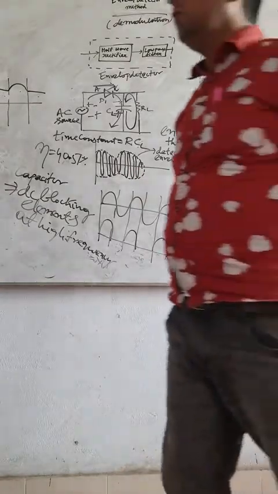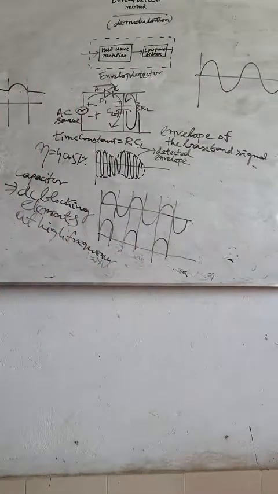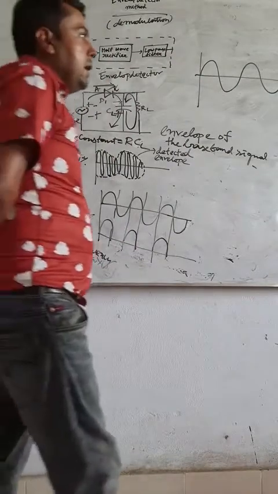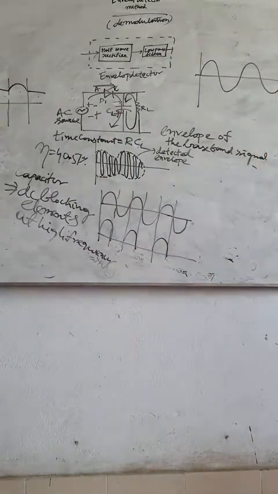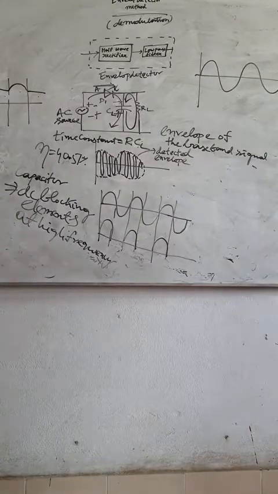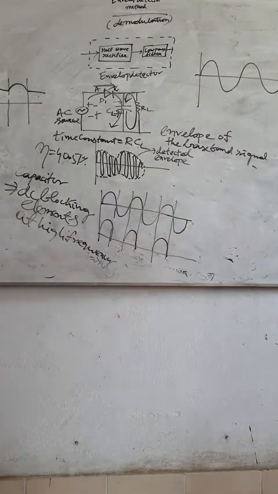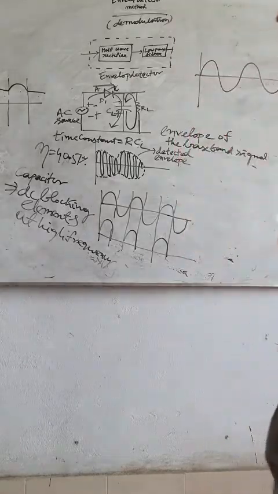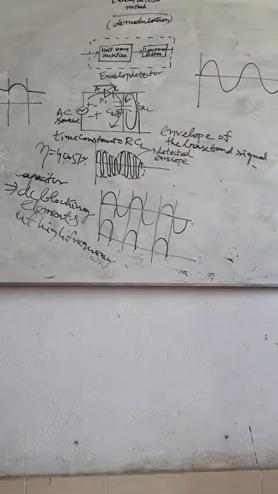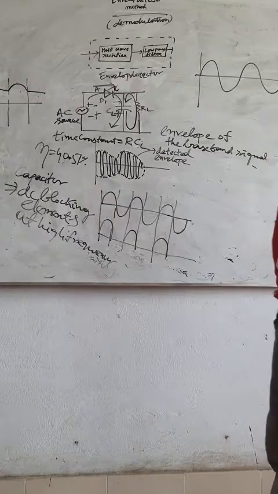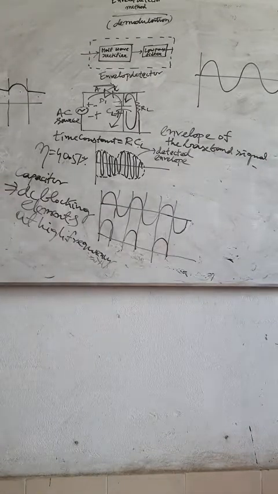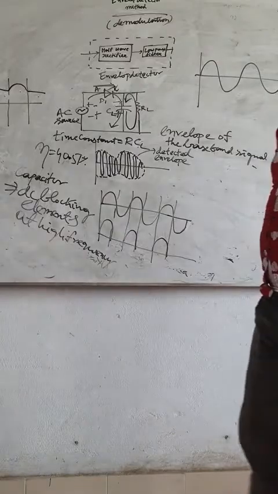So in order to know the basics of the internal circuitry of a modulator, we will have to study the balanced modulator. The balanced modulator is an integral part of a modulator circuit. So you need to know the internal circuit of the balanced modulator. So this is your second very important demodulation method. Tomorrow we will continue our amplitude modulation part. After tomorrow, I will show you some mathematical examples or problems of amplitude modulation. Then we will go to frequency modulation.